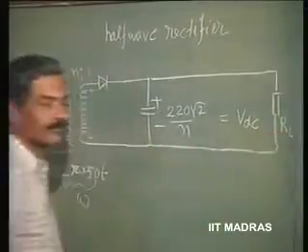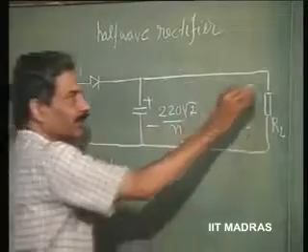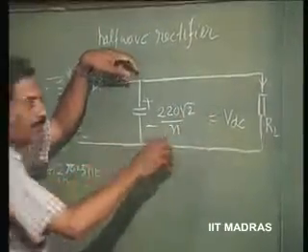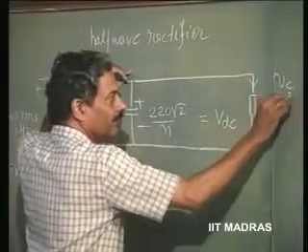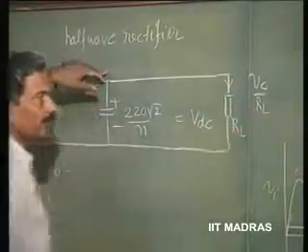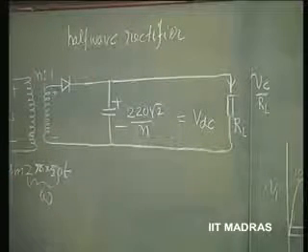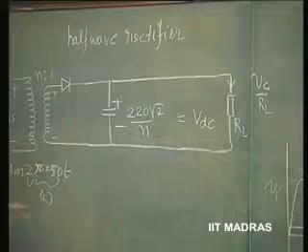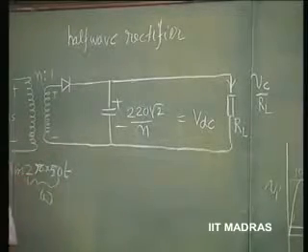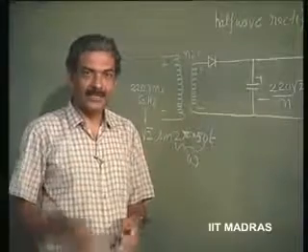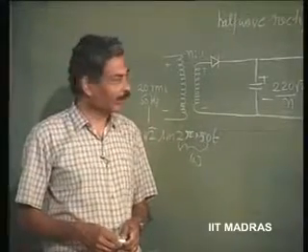RL. So, the current that is going to flow through this is going to be the voltage across the capacitor, Vc divided by RL. So, that much current it is demanding at every instant of time. When it is demanding that current, capacitor is discharging. All of you know that the capacitor discharges in an exponential fashion. This has been taught to you in your networks course.